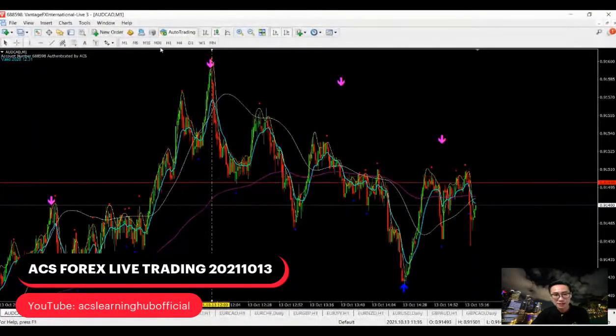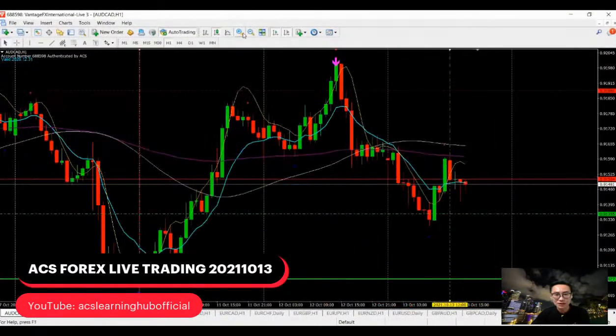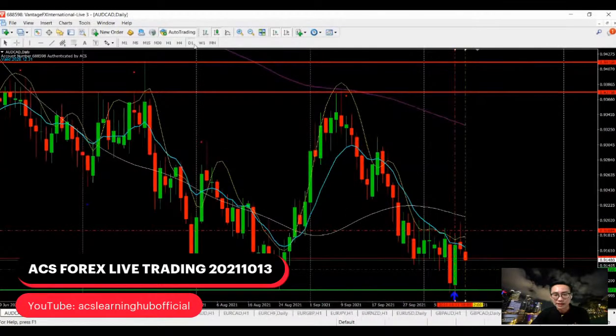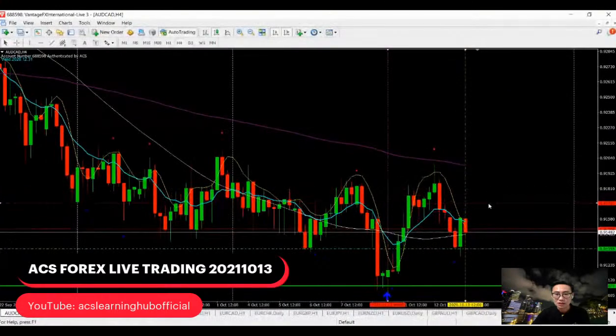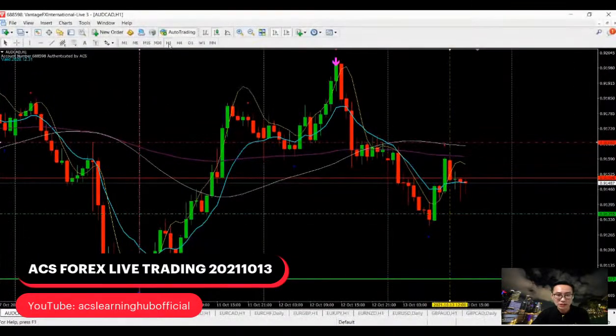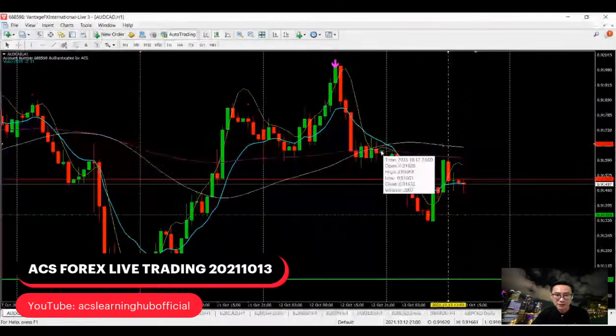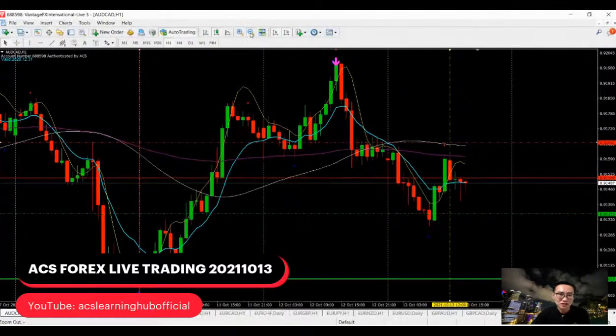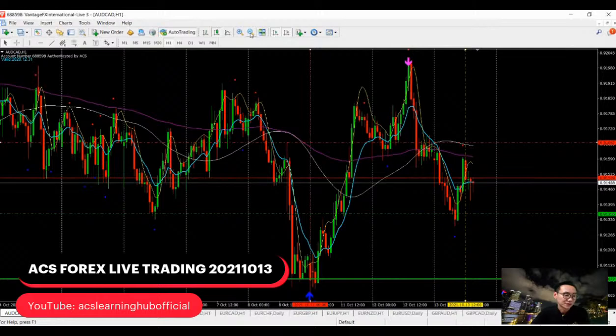Let's see. Aussie CAD, from this part here and from the analysis here. Today I picked out this Aussie CAD. However, looking at it, the resistance level is somewhere still high, still above, in this area. It hasn't reached the resistance level and created a new resistance level. Probably it may go short, but it may not be a very strong short. Thank you, Christine.